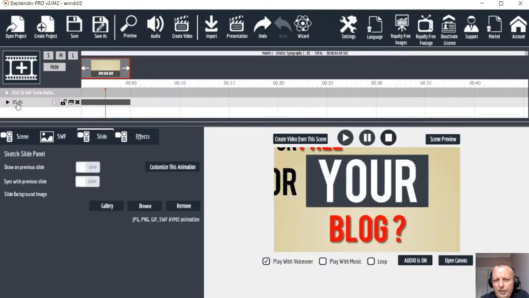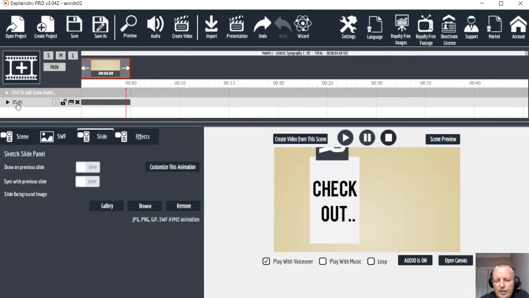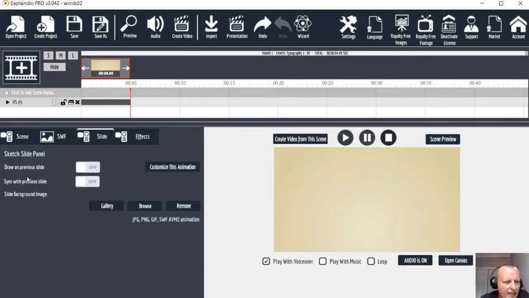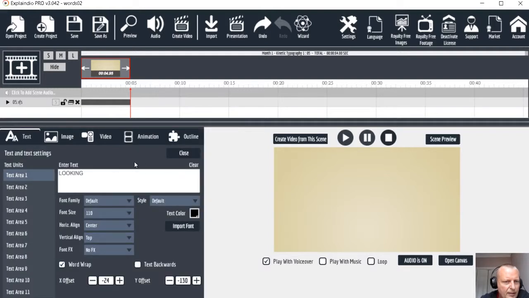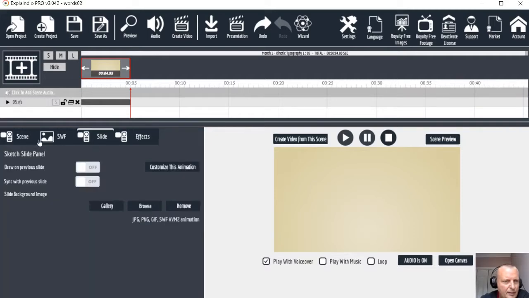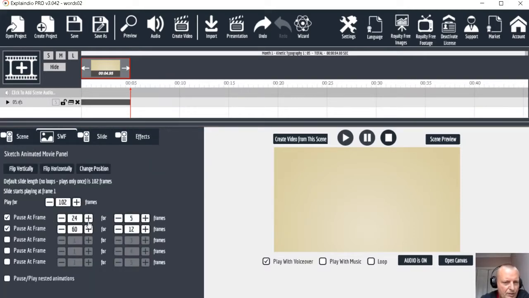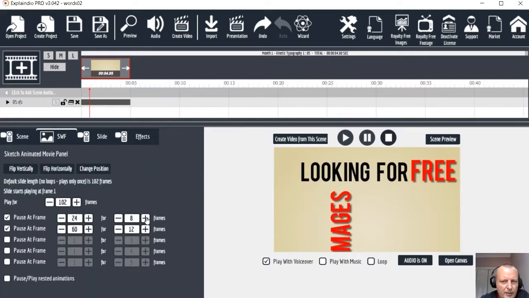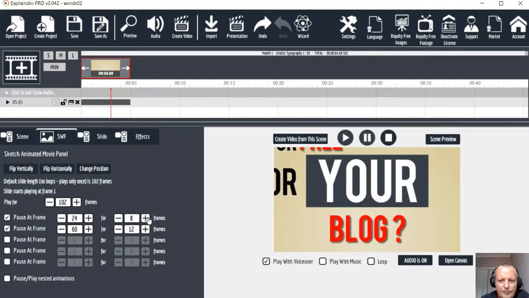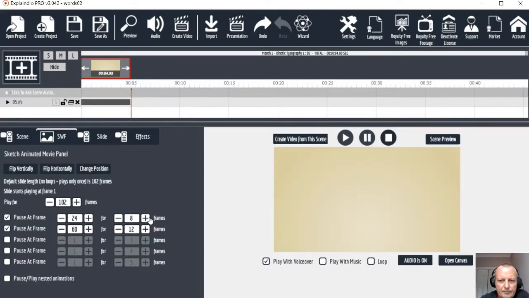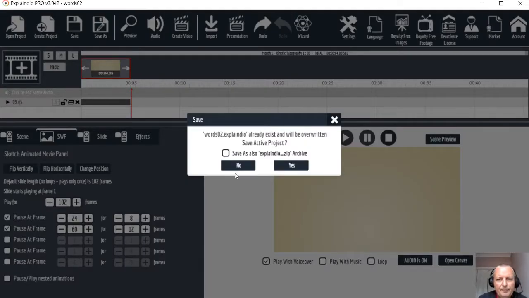Looking for free images for your blog. Check out, and then I'm going to do the blogpics.com. It's okay. I think that images, I'm going to just make that last a bit longer. And here SWF, I'm just going to make that last a little bit longer. Yeah, I'm happy with that. It looks okay, and I'm just going to make a new frame at the end here. So I'm just going to save that,